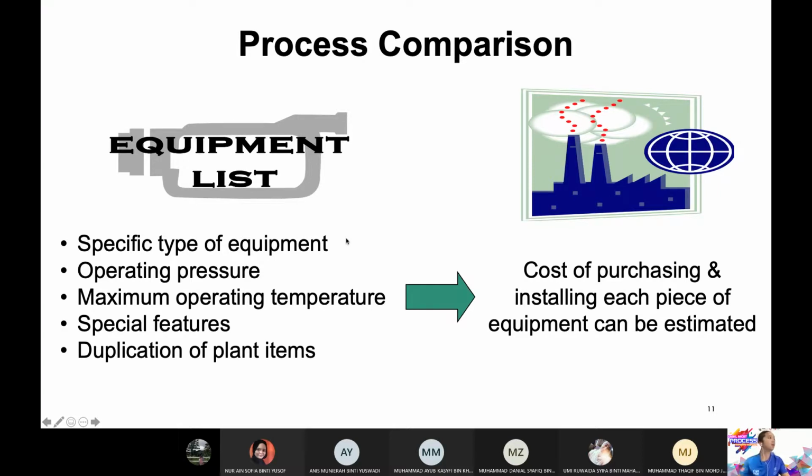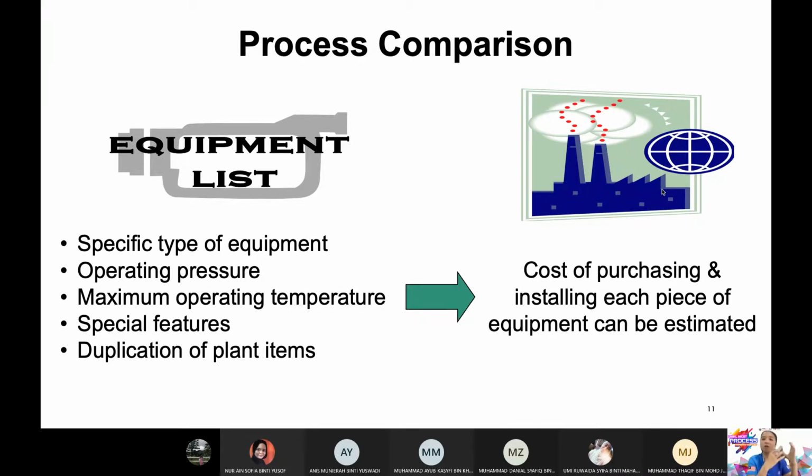Okay, next, equipment list. So equipment list ni, bila kamu dah decide proses, kamu tengok pada literature, so we know dah equipment apa yang kita akan guna. Of course, list ni tak finalize yet because it might change kemudian. Tapi kamu dah boleh identify lah reactor, pump, distillation column, expander, compressor, so on. Kenapa? Sebab kita nak buat cost estimation. So dalam design project 1, kamu dah kena buat sedikit cost estimation. Tapi cost estimation tu hanya bergantung kepada equipment saja. Kita tak consider utilities, kita tak consider benda-benda lain. Kita just estimate cost plan tu berdasarkan equipment.